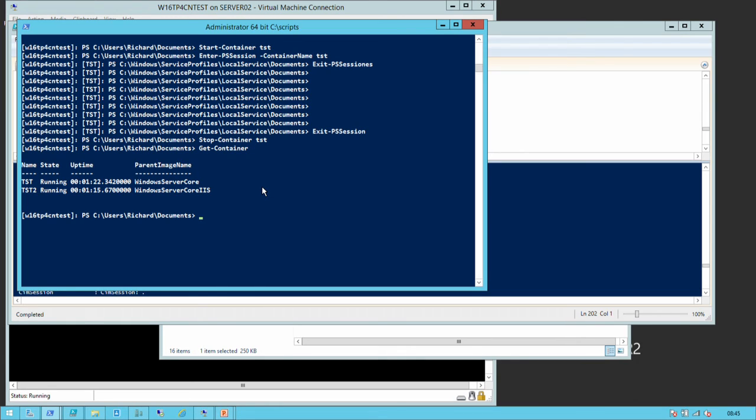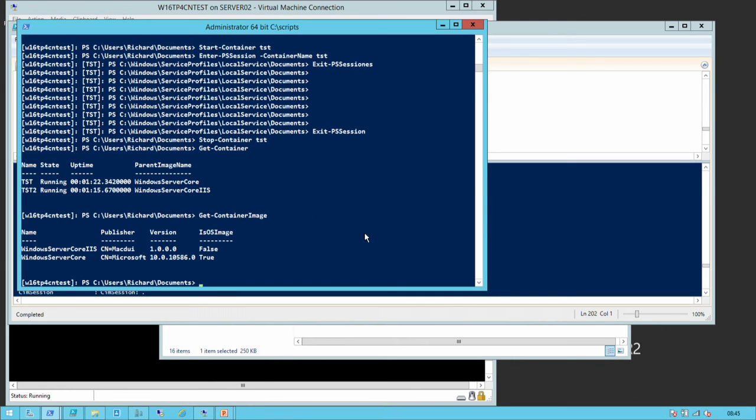And you can see that the TST container, which is the first one that I made, is running. Can you see that text at the back? Yeah, okay. That's created off the original server core image. The TST2 is created off the new image that we made. And if you look at the images,